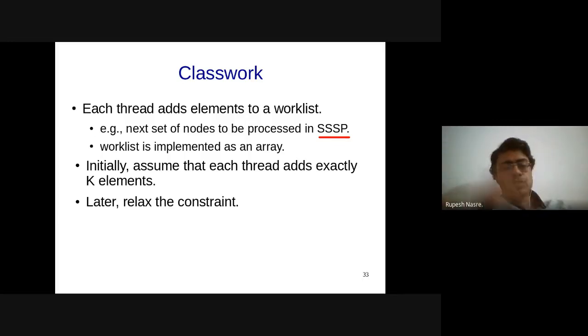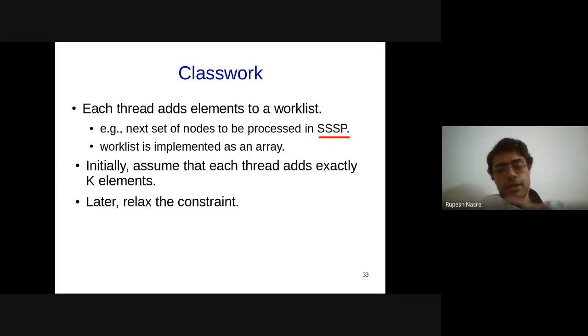It doesn't matter in which order these 100 threads are coming, but at the end of all these 100 threads' execution, or even 1000 threads' execution, the value of counter is going to be exactly 100 into k. That guarantee we have, but threads can come in any order and they will get different chunks. For example, thread 59 might get the first chunk, and then so on. So this seems to be an interesting point.